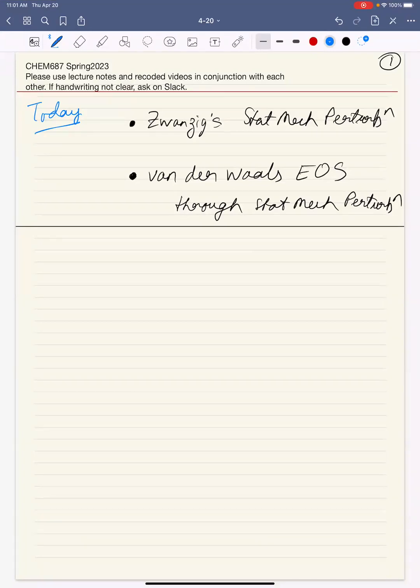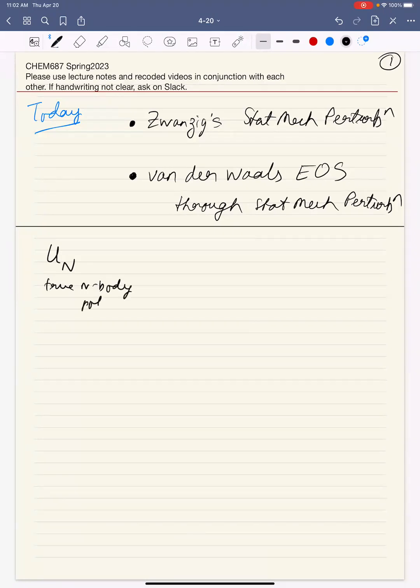We will be using Zwanzig's dynamic perturbation theory to answer a very simple question, which sounds simple, but it's actually quite hard. The question is as follows. If you have a complicated n-body potential, what do I mean by this? Every atom is talking to every other atom, maybe three atoms are talking at the same time, there are dihedrals involved, whatever, it's a complicated n-body potential. So this is the true